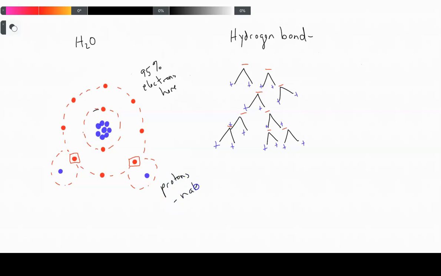They're sort of naked, sitting down here, hanging out at the base. What that does is it means that each water molecule is polar: 95% of the time, the top end of it here is slightly negative in charge, and the bottom end of it is slightly positive in charge,